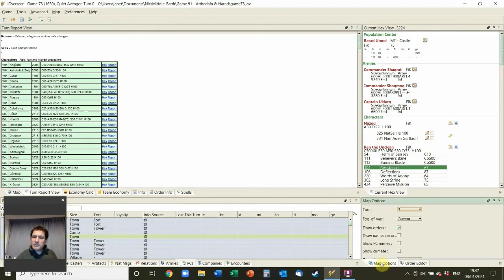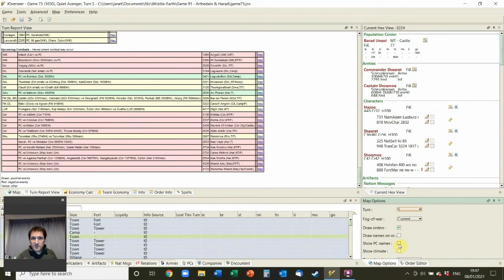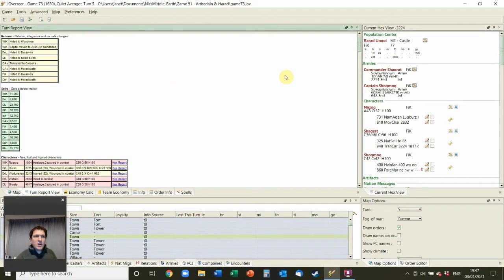But if I click down here on map options and move ahead a few turns, let's go ahead to turn 5. It'll take a little while just to flick round because there's a lot of data saved here. Oh no, we got there quite quickly. So once you've loaded everyone's XML files in and you've got all the information, if you want an overview of what happened and what changed, you can click on Turn Report View and just scroll through and we can see,